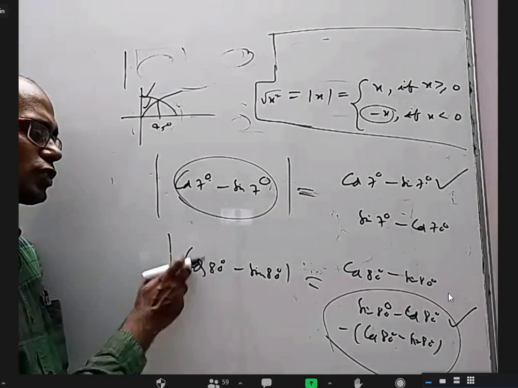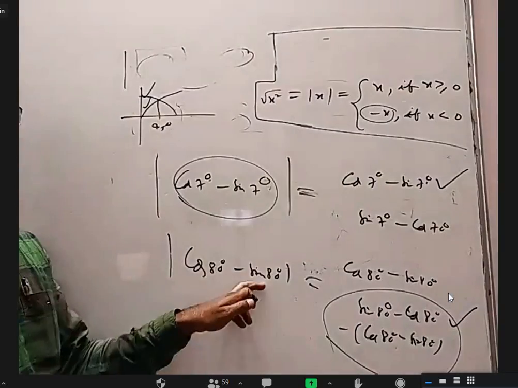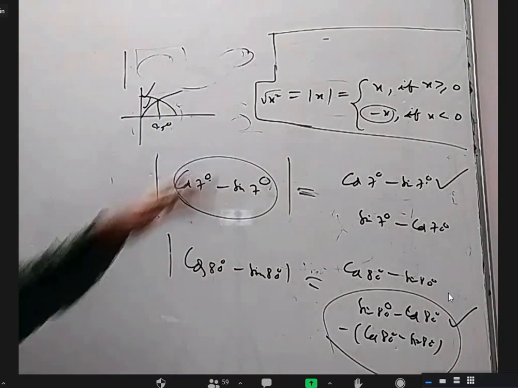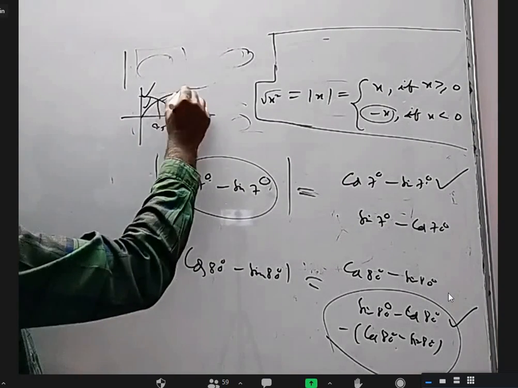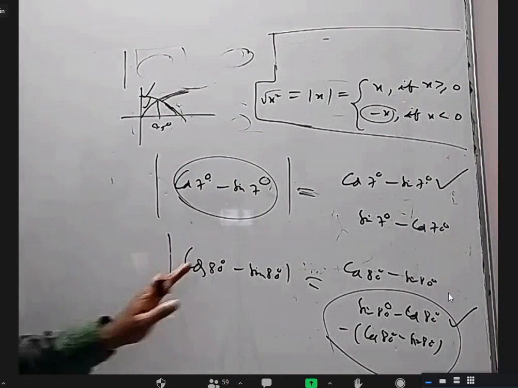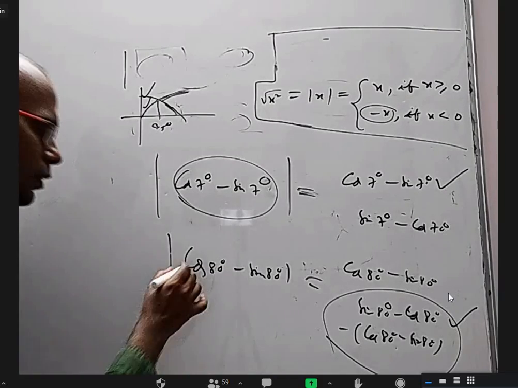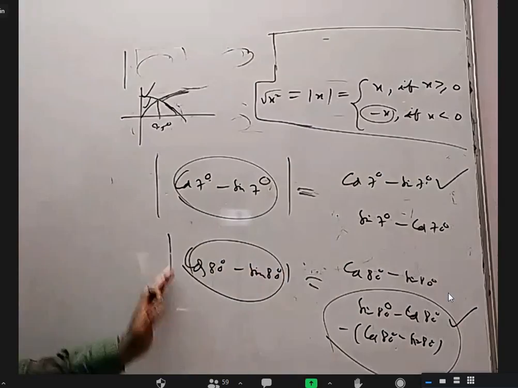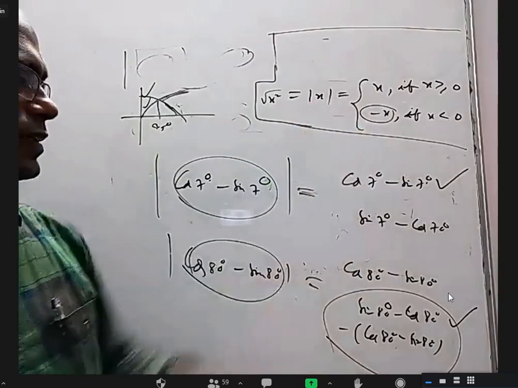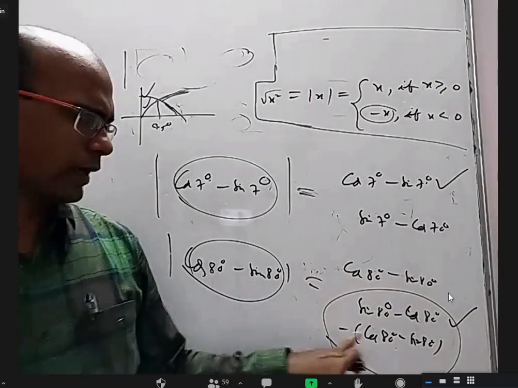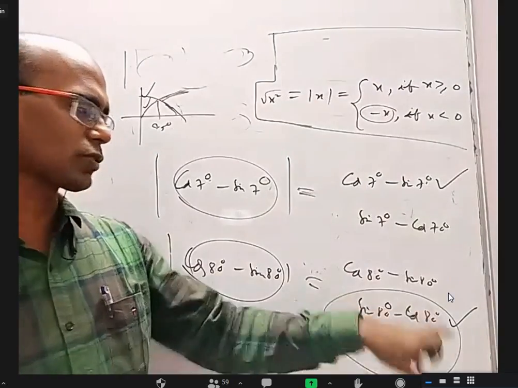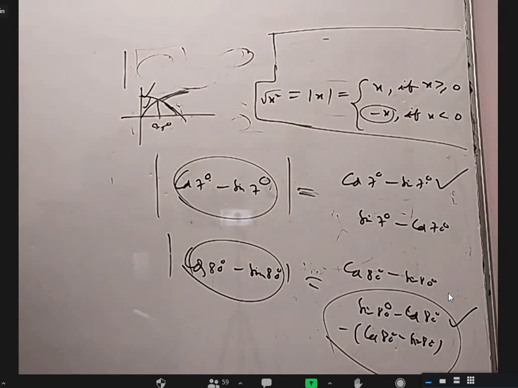But coming to this, it is very close to 0 and this is very close to 1, because sin 90 is 1 and cos 90 is 0. After 45 degrees, cos values are smaller and sin values are higher. So smaller minus greater will be a negative number. If something is negative, for mod x, I should not write x, I should write minus x. So minus of cos 80 minus sin 80, which is actually sin 80 minus cos 80. Is it clear? Yes, sir.